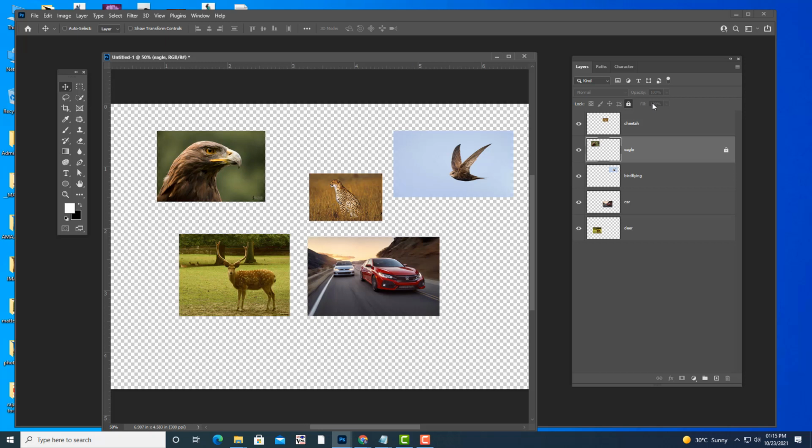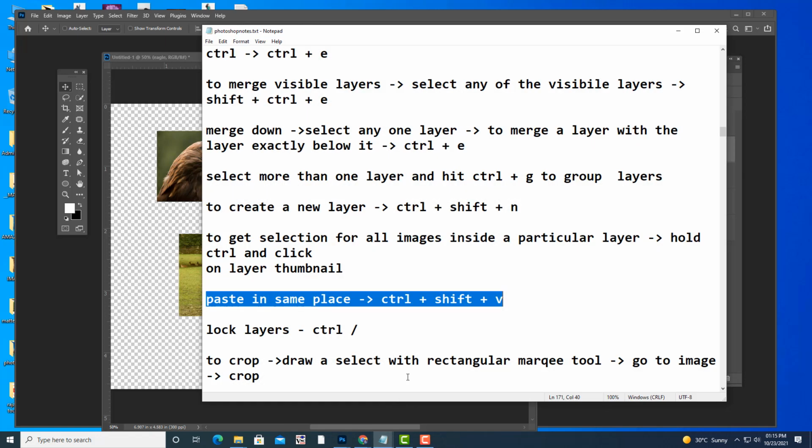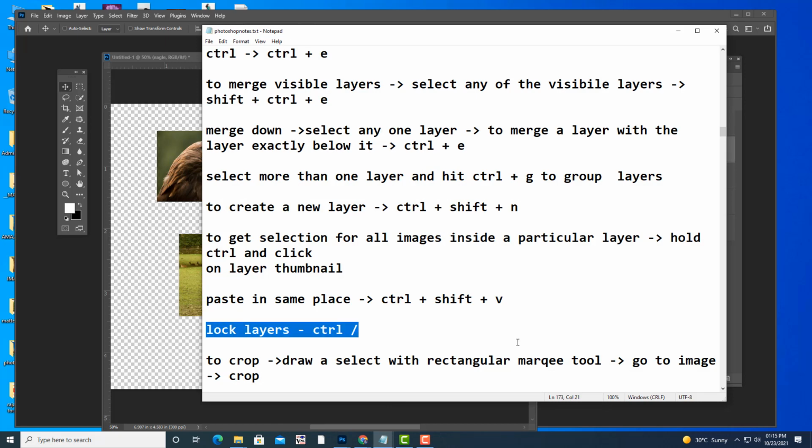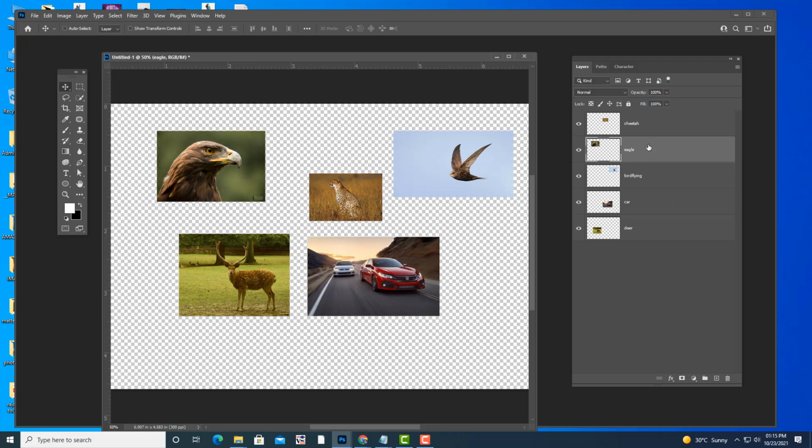Okay, and you can use a keyboard shortcut instead of this button. You can also use a keyboard shortcut for locking. Just write down this: lock layers, Control /. Select this layer, Control /. See, we got this.